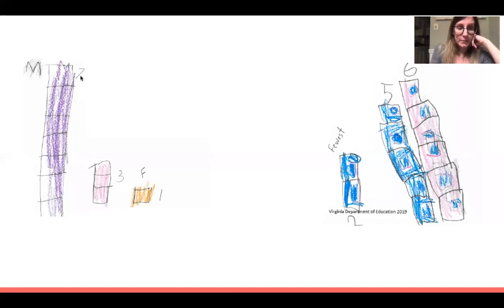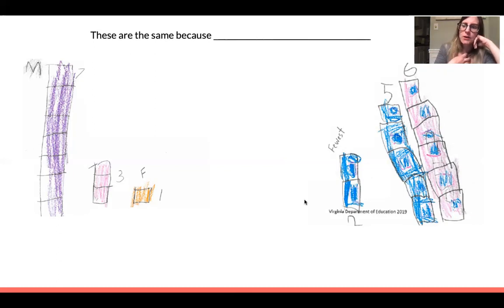So, this first one with the purple towers and the second one with the blue towers have some things that are the same and some things that are different. So I want you to start by thinking about how are they the same? And either tell me or tell someone near you, these are the same because